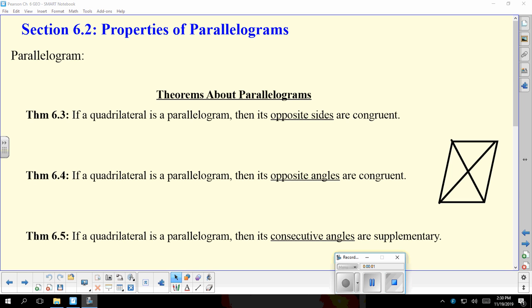For the rest of this chapter, we're going to be looking at a single type of polygon called the quadrilateral. We're going to look at all sorts of different kinds. We'll start with a parallelogram. So a parallelogram is, by definition, a quadrilateral